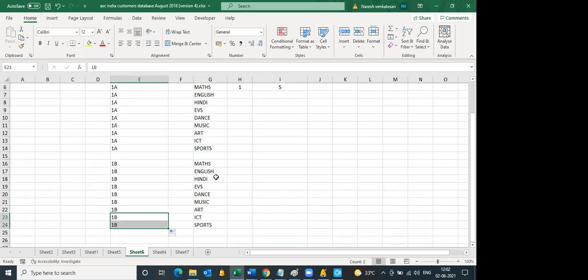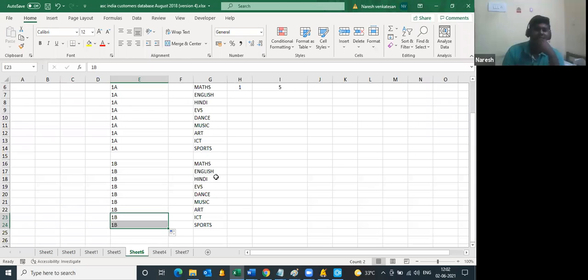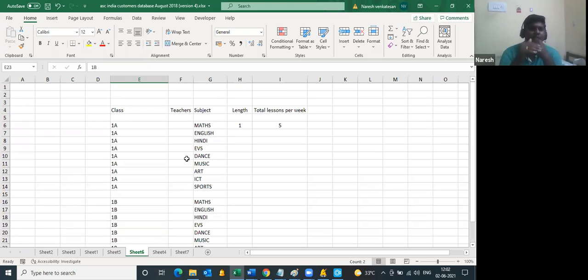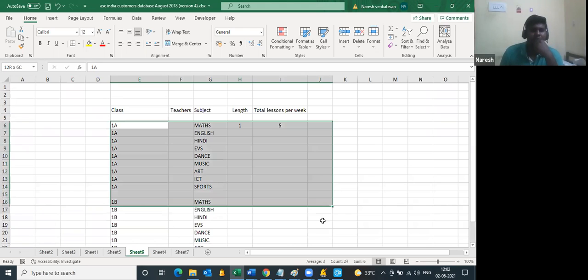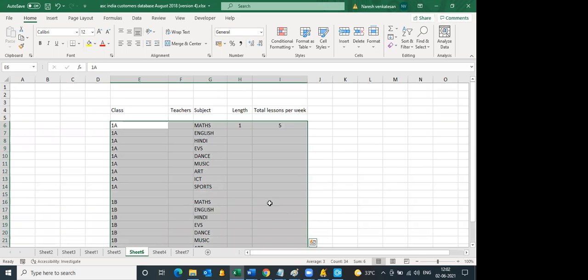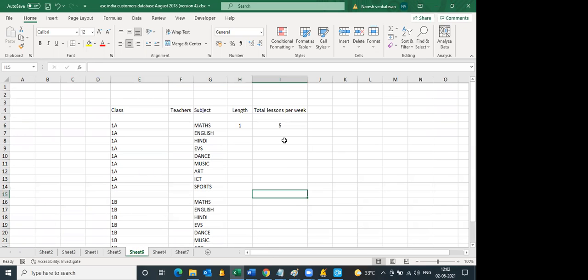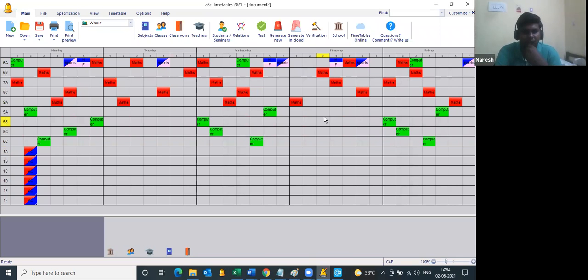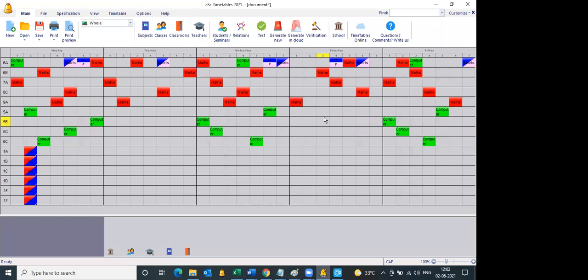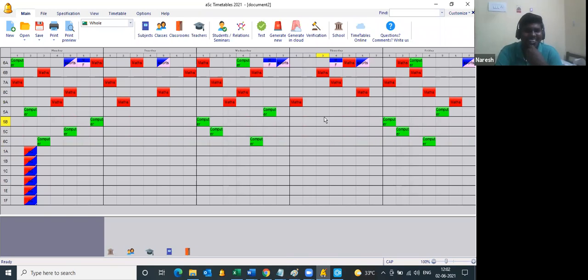Class wise it becomes easier because we know the teachers class wise. Teacher wise is a little harder. I'm just telling you that option, but you are free to do as per your convenience. Once this is ready, you just need to copy and paste. That's all. So this is all about timetables, madam. We can trouble you when we start doing it. Yeah, sure. Thanks.